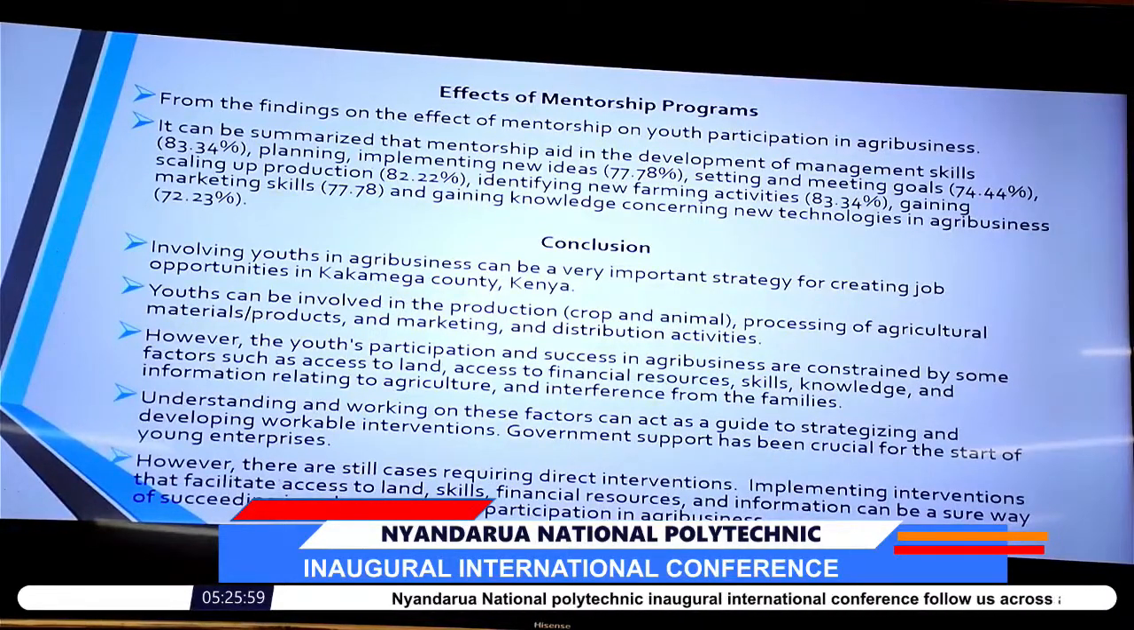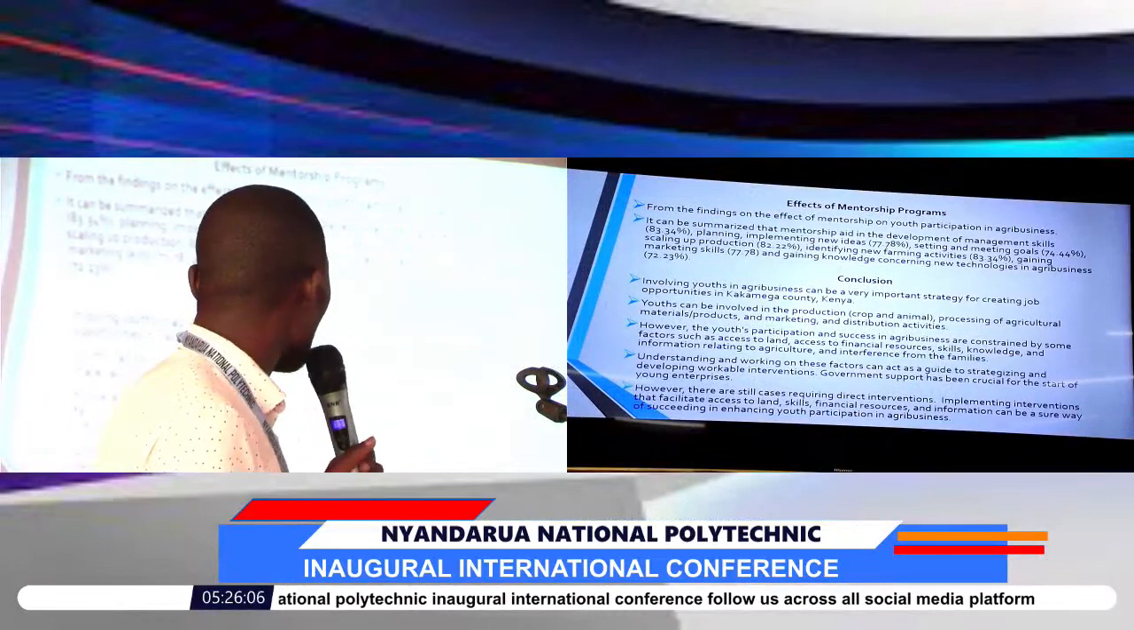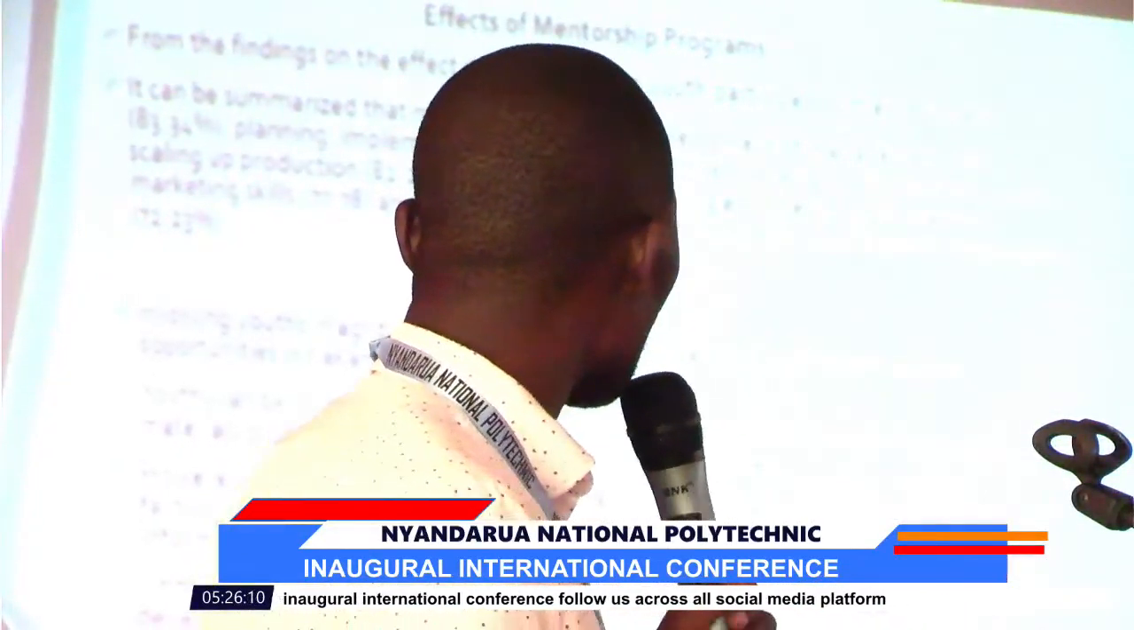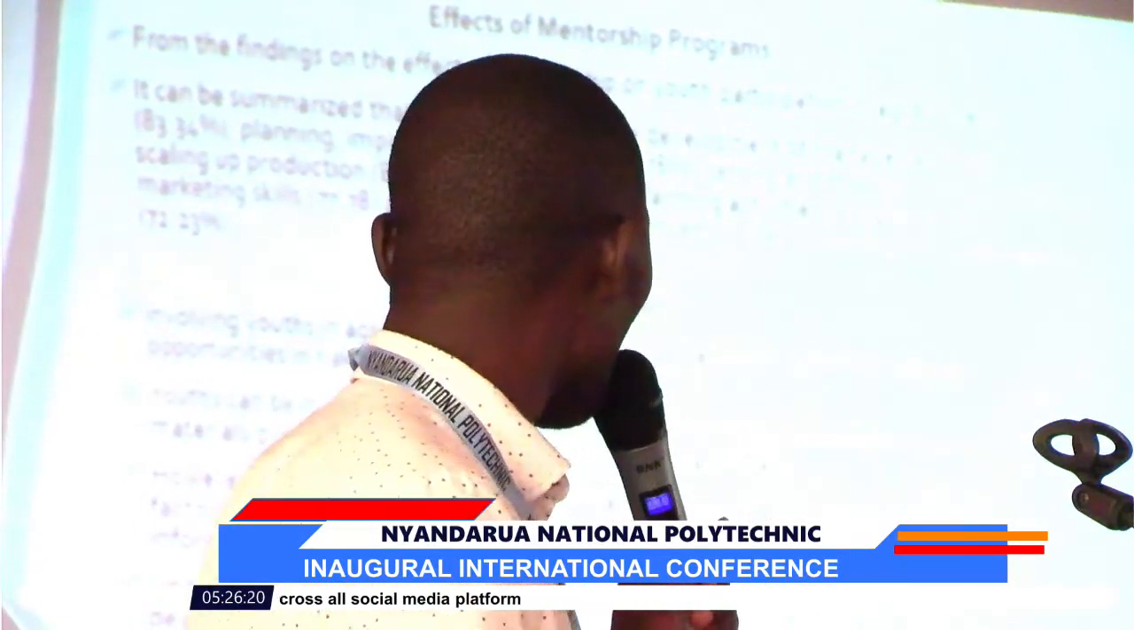So in conclusion, involving youth in agribusiness can be a very important strategy for creating job opportunities as well as ensuring food security. Also, youth can be involved in different areas, can be production, can be marketing, can be distribution, also can be maybe in promoting or selling